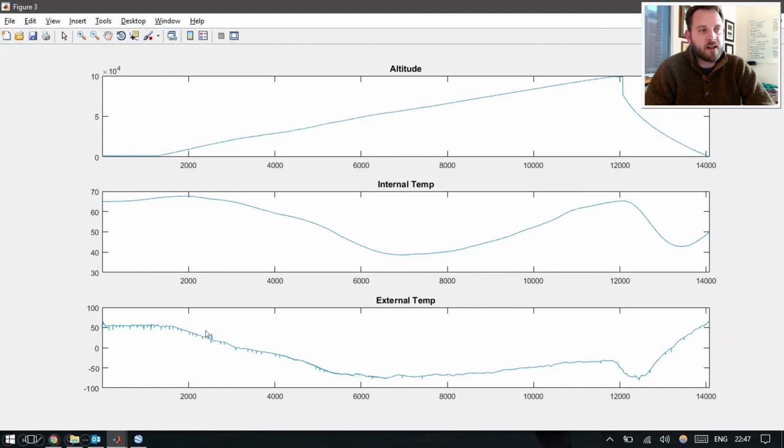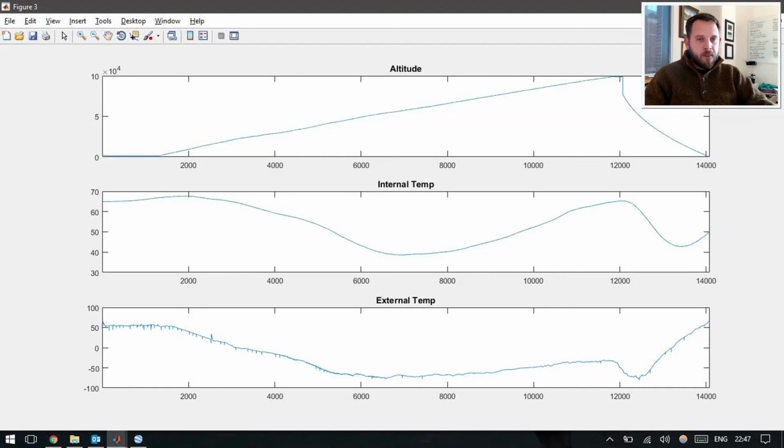External temperature sensor outside of the payload actually goes from 55 degrees at launch, which was the ambient temperature outside. It dips down to minus 65 degrees. And then from about the same point, 50,000 feet, from minus 65 degrees, there's actually a gentle warming outside of the payload, which shows that we were actually flying through some of the